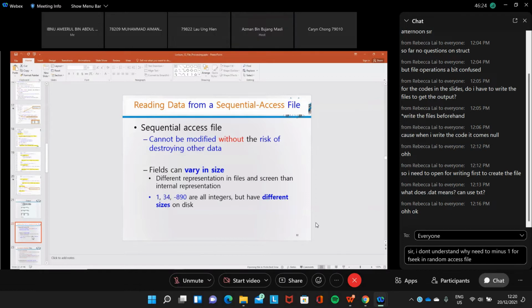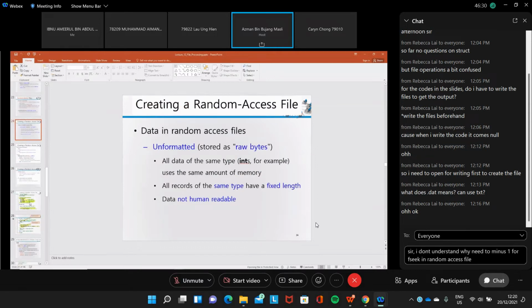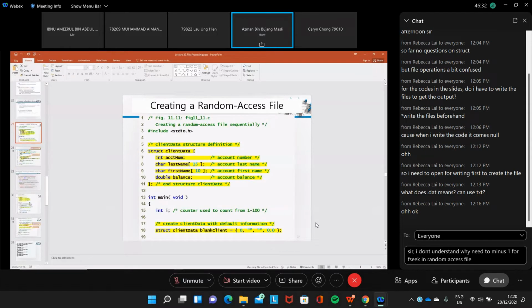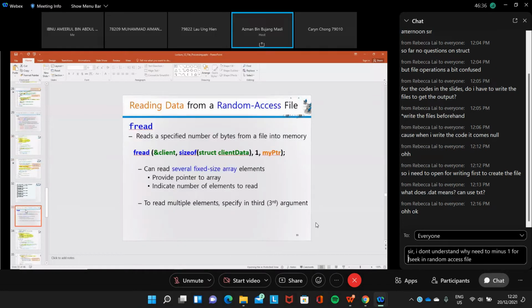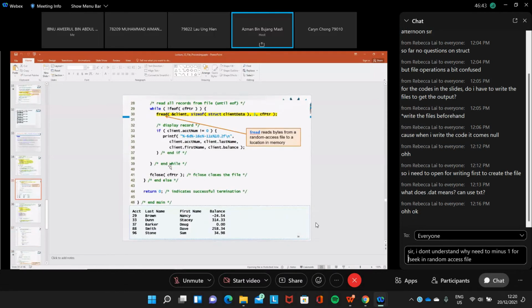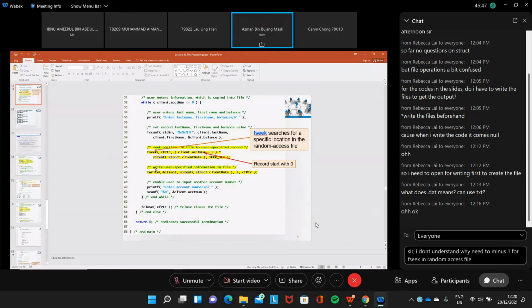We have a different way of writing to a binary mode file. So we have fread, and what else? That's why we still get the text file. So this is fread, and then how do we write? fwrite.